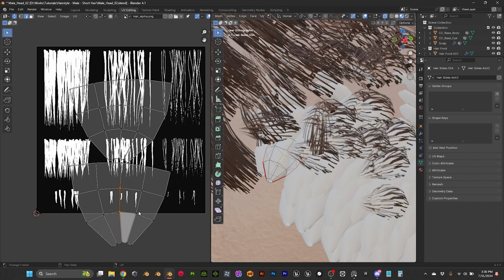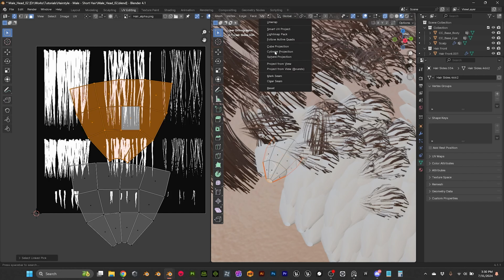Then let's select this one, SX0, SX0, exactly the same that we did before, SY0 and SY0. Same here, SX0, SX0, SY0 and SY0. Then let's select this one, L,